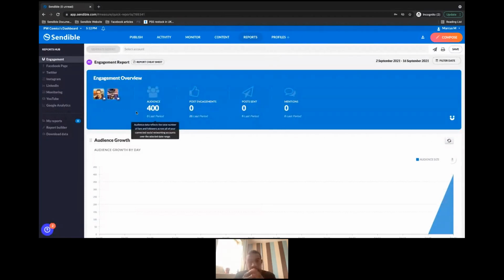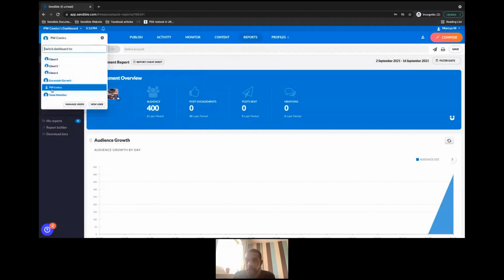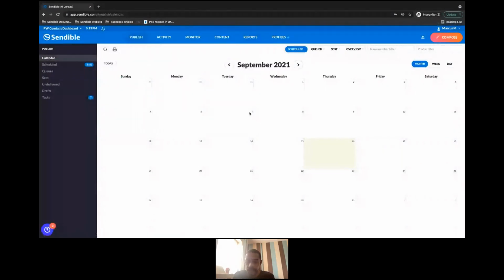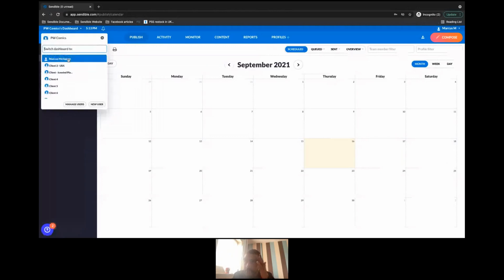Another reason why I may want to separate my dashboard and my users out is that when I'm creating posts, I can now actually manage PW Comics in his dashboard. So any post that I create while impersonating PW Comics would appear in his calendar as well. Okay, so if I go into his calendar, when he logs in, he'll be able to see everything that I've done in his dashboard. Okay, let's go back to manage users. So if I just go back into my dashboard and to manage users,